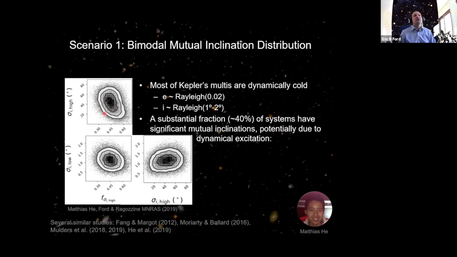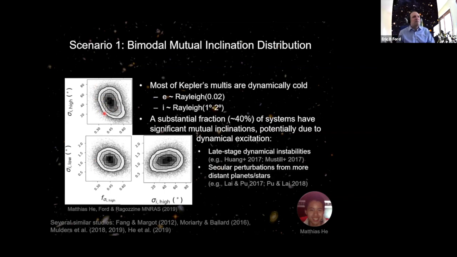You might be somewhat worried that maybe the mutual inclinations are too high here in the model. What this really says is they're largely unconstrained. Once you get up to 20 degrees, whether they're 20 degrees or 40 degrees or 80 degrees, it doesn't really matter to Kepler because it just sees 1 of them at a time. So this was one model that could explain the observations, and it fits the narrative of the Kepler dichotomy, or the language of it. And it's also not physically implausible.